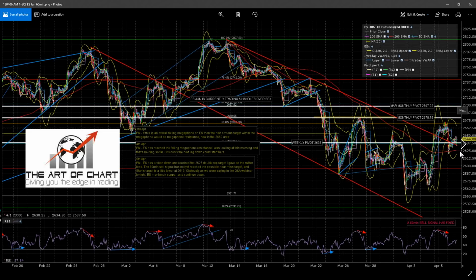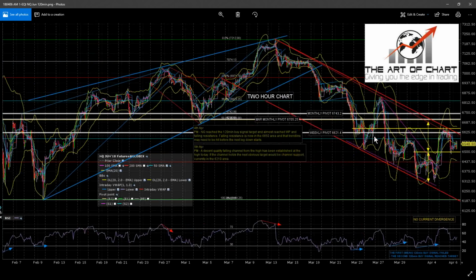If we see on the 3-day rule, obviously we need to see that close back below the 5 DMA today to cement the downside, and we'll see how it goes today. We are still on a 60-minute sell signal. TF is on 1-2, although I can't show that signal, but they're both on hourly sell signals, and NQ probably won't generate one today, and the reason for that is we've set up a falling channel here, and to set up to generate a 60-minute sell signal, we'd actually have to break it, really.